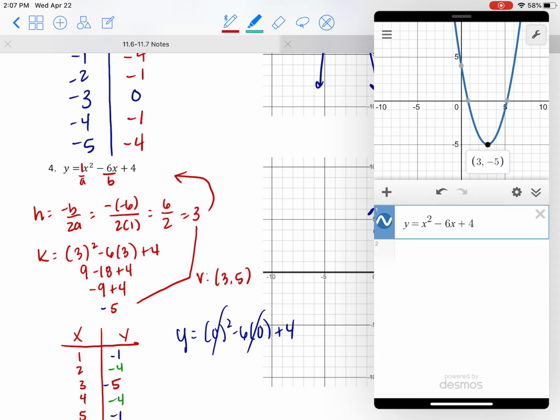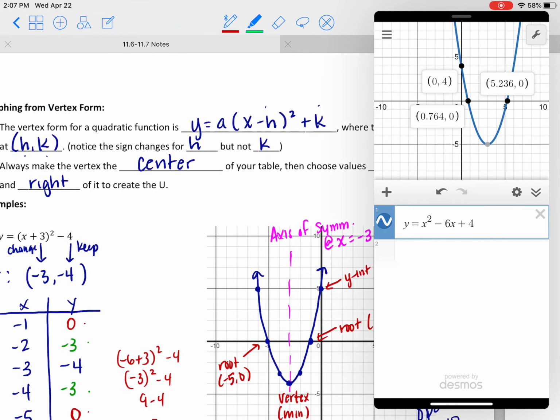So if you want to verify what you're doing, or you have a graphing utility, by all means you can use it, but some of these things you should be able to do by hand. Now if you just tap on the graph here, it actually shows you values too. So we can see, if I tapped on that point, it shows me that that's my vertex. If I tap on that point,